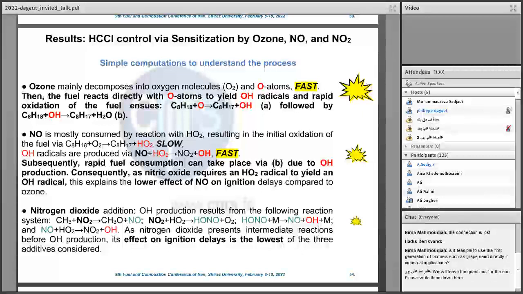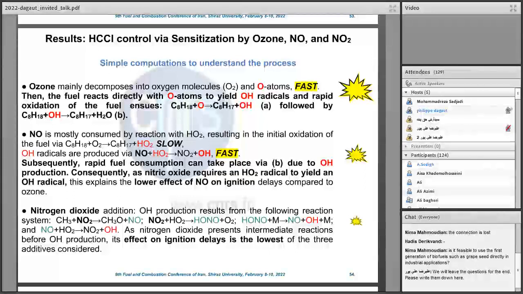With NO, the formation of OH, which is an important radical to consume the fuel, is produced through the reaction with HO2. And HO2 is formed slowly by interaction of the fuel with molecular oxygen. So even if the second reaction is fast, because the first reaction is slow, then it's less efficient to increase the reactivity of the fuel